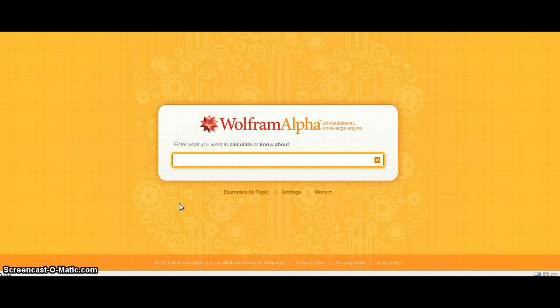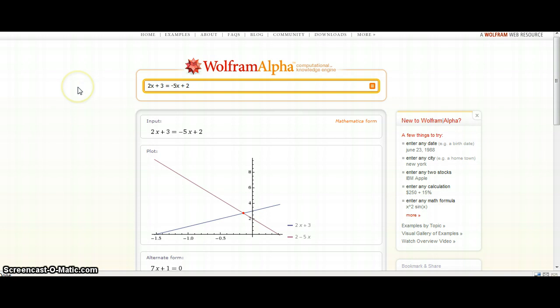The first method we are going to use to solve is WolframAlpha, and this is a fairly new website that just came out in 2009, I do believe, and the website to get to this is www.wolframalpha.com. And once you get to the website, this is the page that you're going to see, and as you can see, there's an information box here, and all I've done is pasted in the equation that we are trying to solve. Once pasted, you can press enter or compute, and this is the result page that will pop up